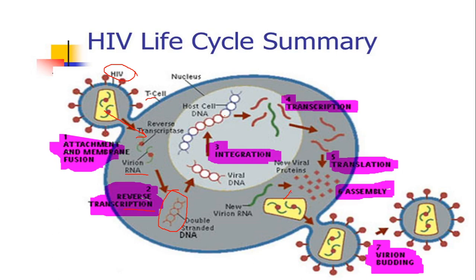Now that viral protein, what will happen? Those are viral proteins, which means they have the ability to form the capsid, the capsomere, the covering of the virus particles. So they will form the covering of the virus particles, and the viral RNA is already present. So the viral RNA will now get enclosed again within the protein coat, and finally what will happen?